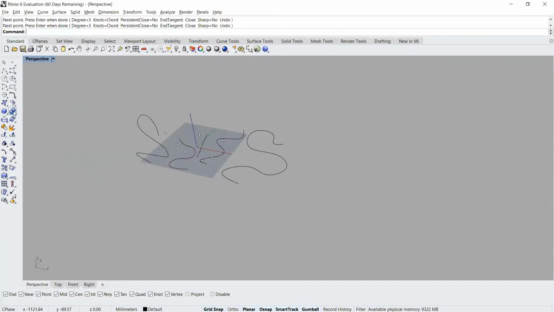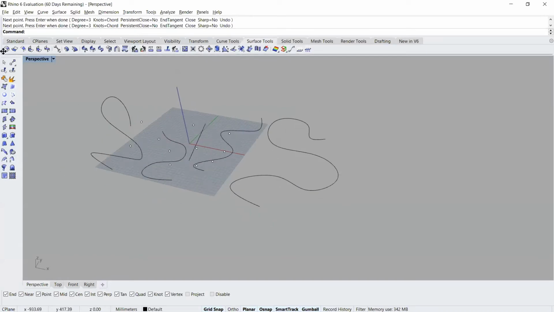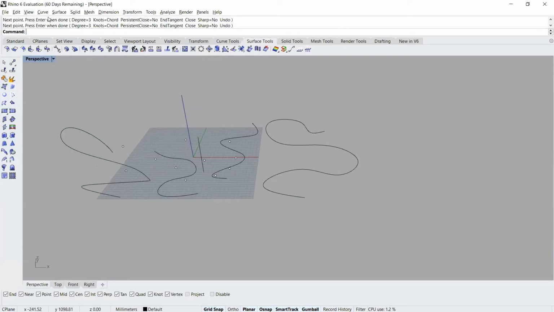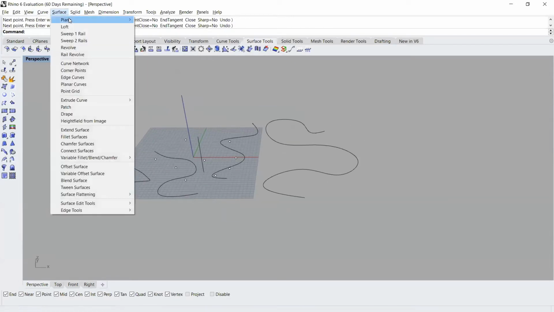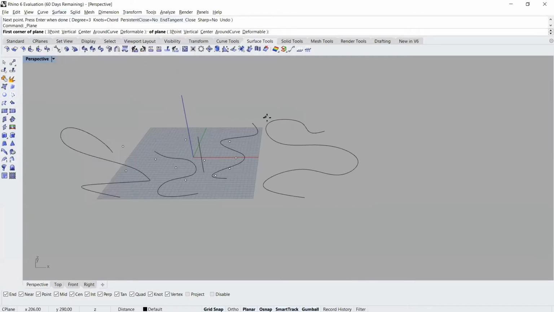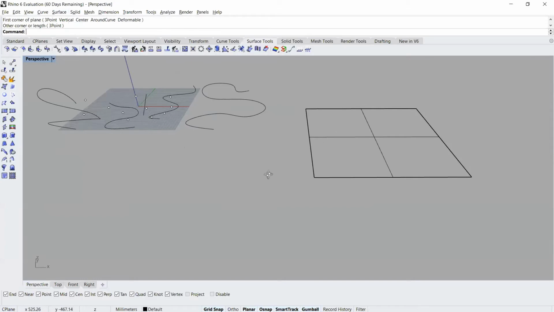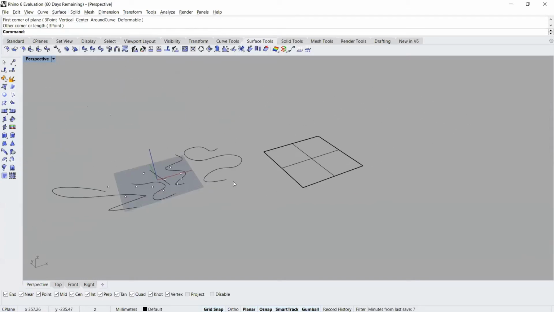Now we can also make surfaces from this panel, which is specifically for surfaces, or we can go to the surface toolbar over here to make surfaces, which has many options. I encourage you to try and work with these options after this workshop. But for now, we will just go to this surface. We will try to make a surface from planes and choose the corner to corner option to make a simple surface. So this is a simple surface.